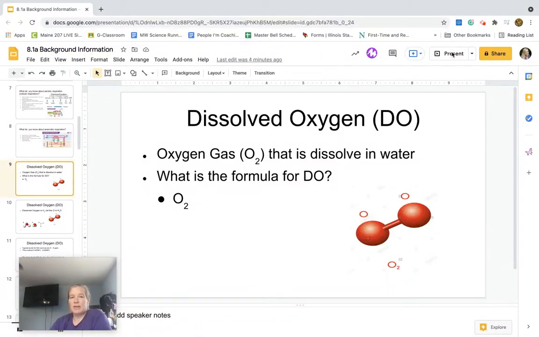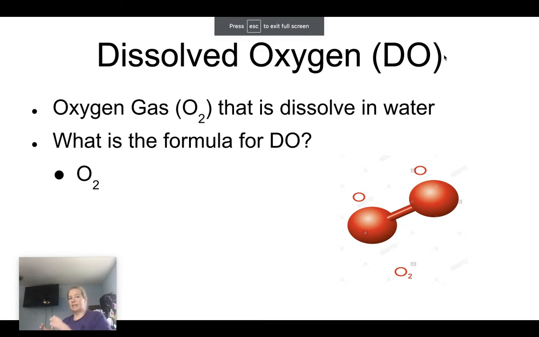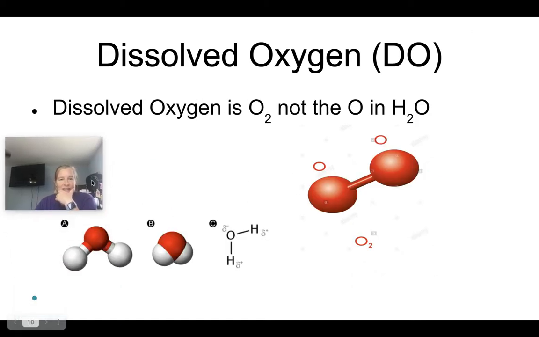So, we're going to talk about dissolved oxygen. Dissolved oxygen is abbreviated DO, and it's oxygen gas that is dissolved in water. The formula for it is O2. So, O2 oxygen gas, but that is simply dissolved in water. It is not the O